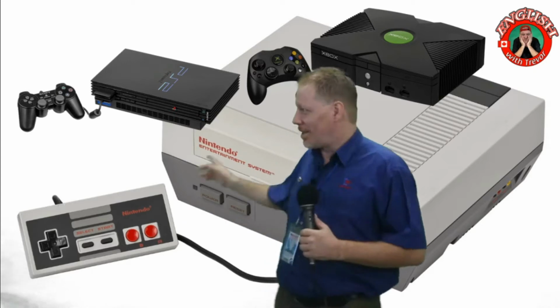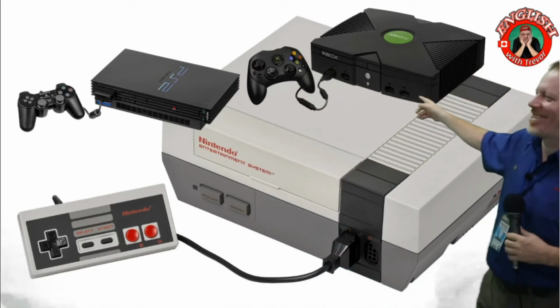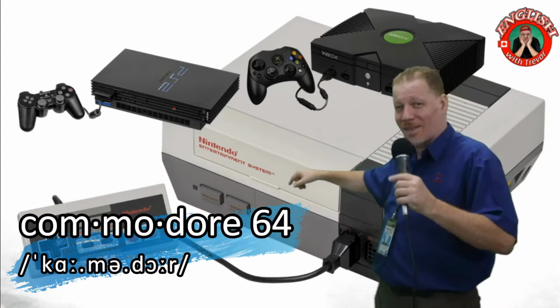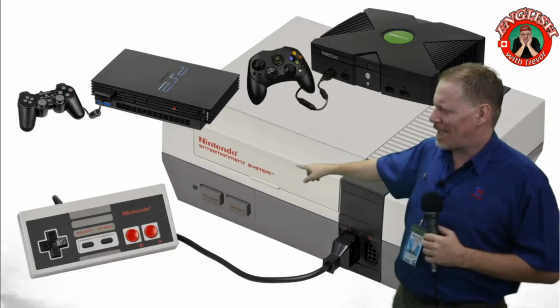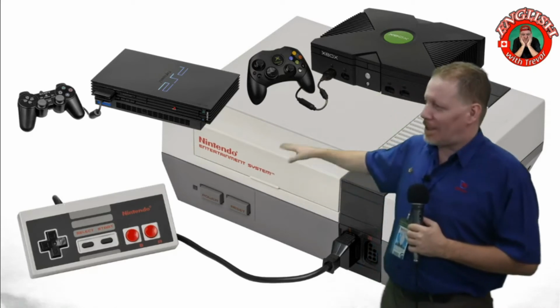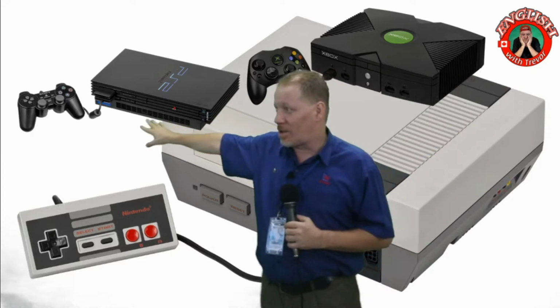Xbox, that's right. This is an Xbox. This is a Nintendo. This is one of the older ones. Commodore 64, that was one too, yeah. This one was, if I remember, still a cartridge you put in, still before the CDs. But these two were the newer ones. This is the newer Xbox, and then this one is the Sony